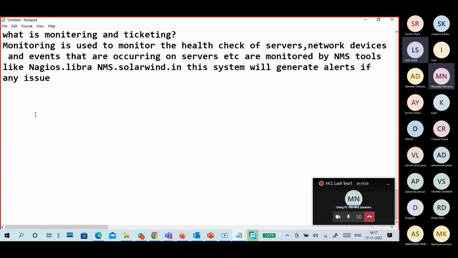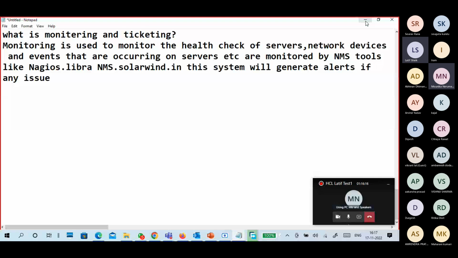Immediately it will send an alert. Then we see the alert and we understand some issue occurred in that particular position. Then we'll go and fix it. Immediately we raise the ticket on that particular issue, so the corresponding team will react, or maybe you have to react.